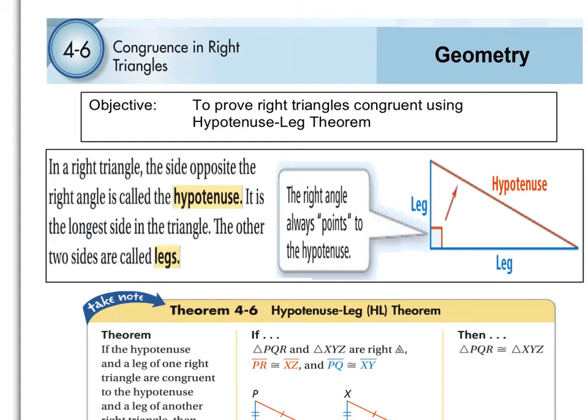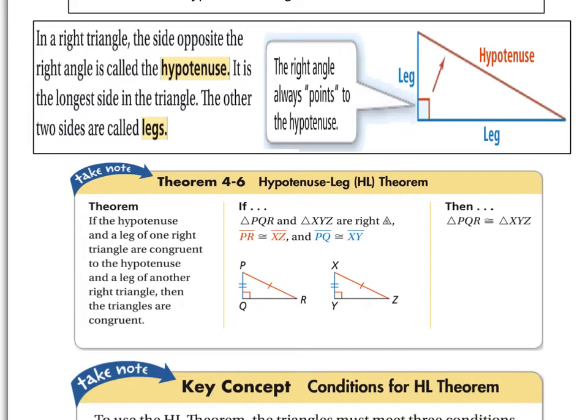Okay? The other two sides are called the legs. So you've got the hypotenuse opposite of the right angle, and the other two sides are what we call the legs. Okay? Another way to think of this, the right angle always points to the hypotenuse. So you see the box there, the sharp point of the box, the right angle, it always points to the hypotenuse. That's another way to think of it as well. These are very important to be able to identify a hypotenuse and a leg in a right triangle because they're going to play into how we're going to prove that two right triangles are congruent,